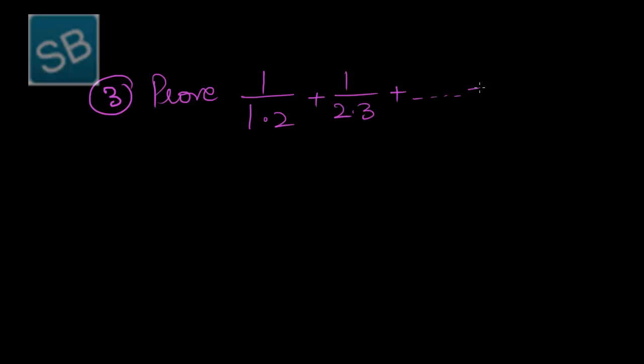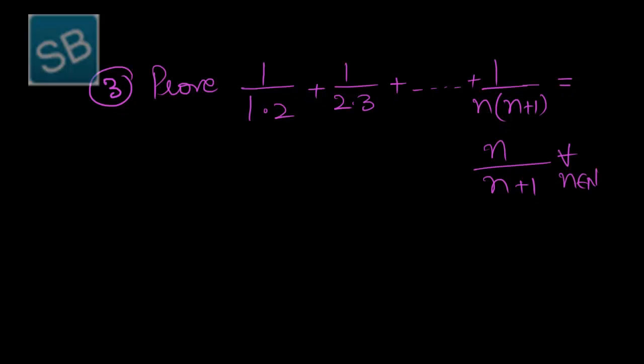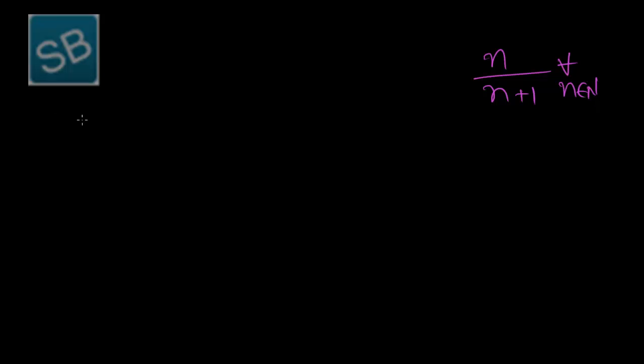Now I am going to solve problem number 3, to prove it using the principle of mathematical induction. The problem says that 1 over 1 into 2 plus 1 over 2 into 3 plus so on plus 1 over n into n plus 1 is equal to n over n plus 1 for all n belonging to N. Solution is that